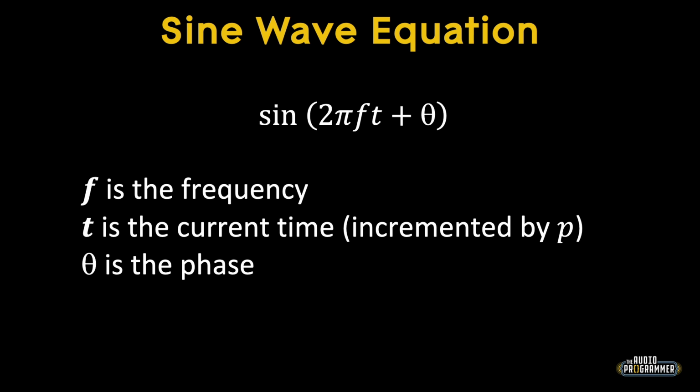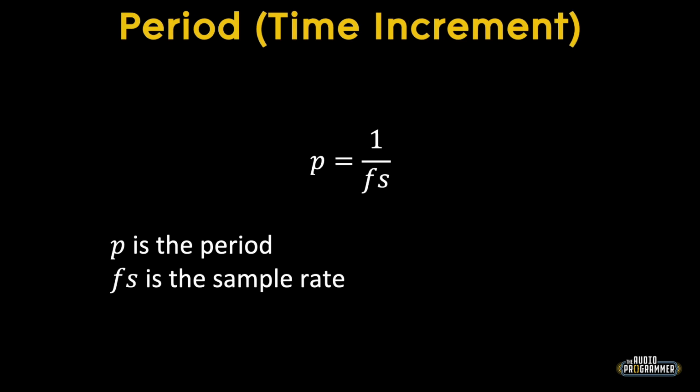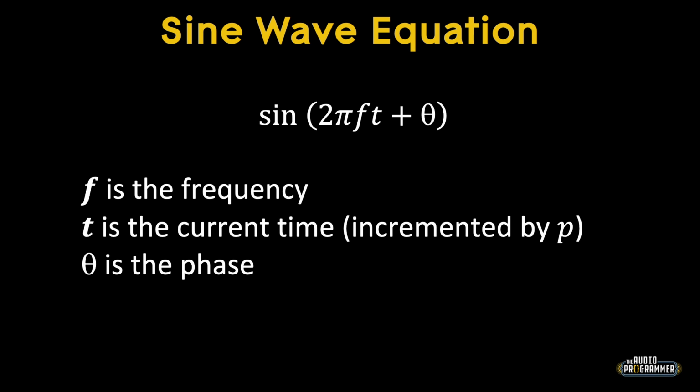So that F is going to be somewhere between 20 and 20,000. And then we have this T, which is the current time, and it's going to be incremented by P. So P, once again, is going to be 1 over the sampling rate. And all we need to do is have a mechanism that's going to keep time,